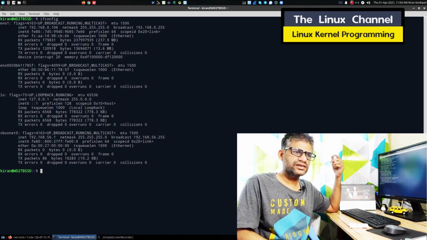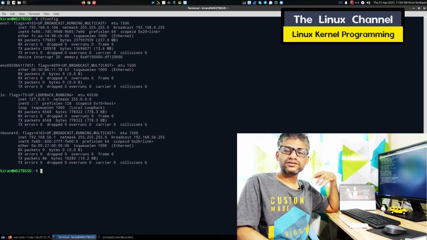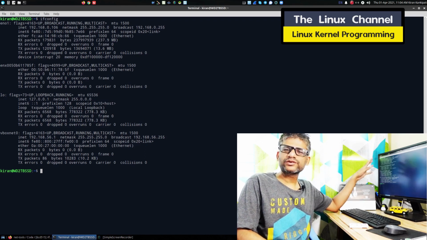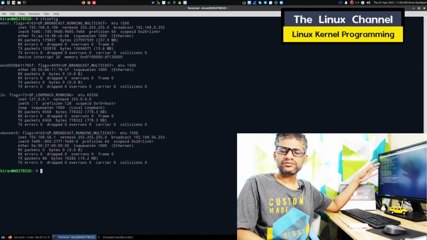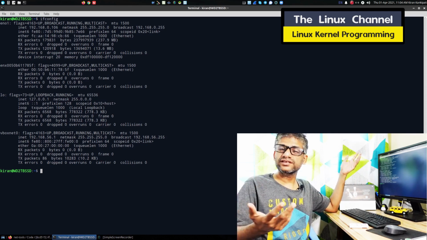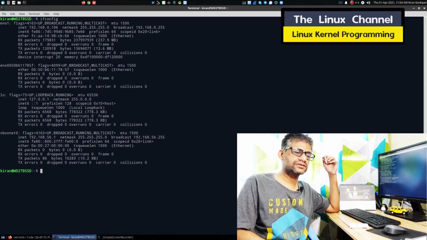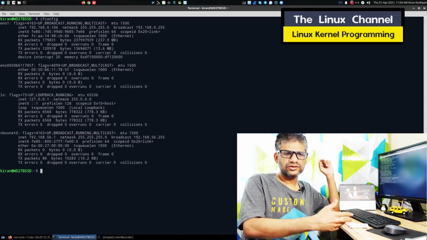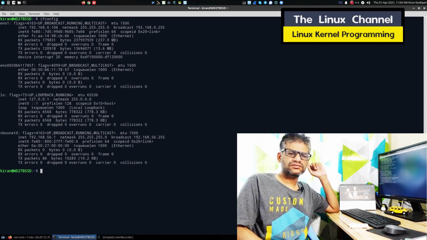User space really doesn't care and doesn't know the difference between which is a hardware port and which is a virtual port, because the kernel fools the user space all the time, and that's the reason we have the kernel itself. The problem is many people learning operating systems get carried away learning this process, this process FSM, memory management and stuff.